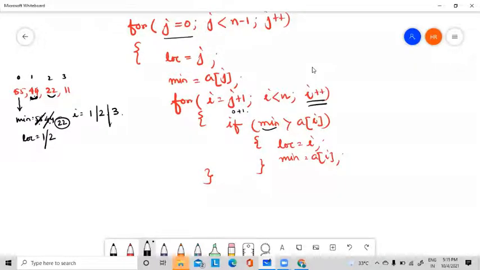a of 3, a of 3 তে কত আছে 11, তাহলে আবার এটা স্যাটিসফাই করছে, তাহলে মিনিমাম হয়ে যাবে 11, আর লোকেশন হয়ে যাবে 3। তাহলে আমি যখন এই লুপ থেকে বেরিয়ে এলাম, আমার মিনিমাম এলিমেন্টটা কত 11, আর মিনিমামের লোকেশন কত ইন্ডেক্স ভ্যালু 3। তাহলে এটা নিয়ে আমি বেরিয়ে এলাম এখান থেকে। এবার আমি কি